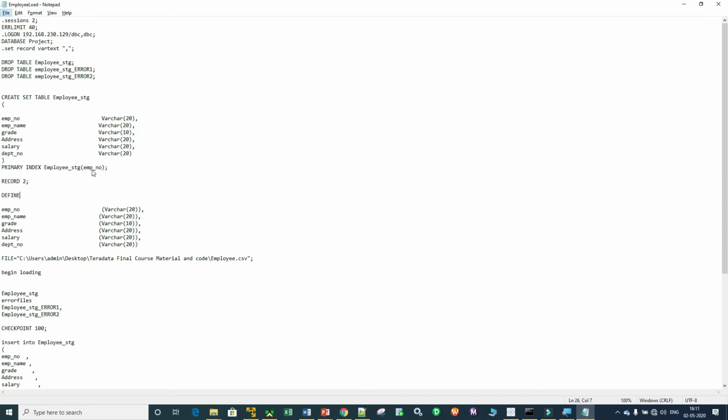So let me give you a brief about the primary index. If I give you a layman example of what an index or a primary index is: in your notebook, on your front page there is an index page. If you have maintained your index, noting that a particular topic has been written on page number 76, then if for a second time you want to search for that topic, you do not have to scroll through your pages. You go to your index, see that this topic is on page number 76, and directly go to page 76. In that way I will retrieve my data very fast. This is a very layman example which I can give you.